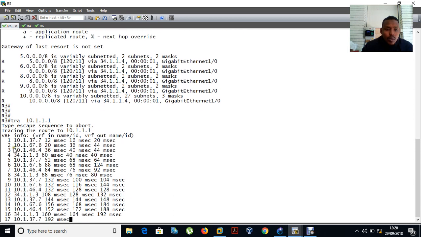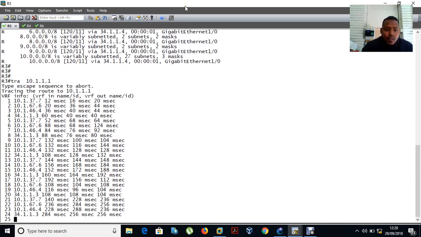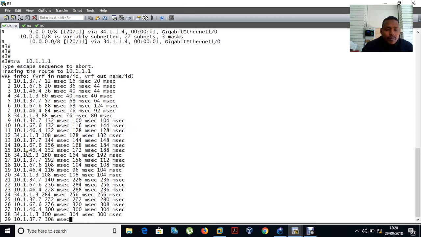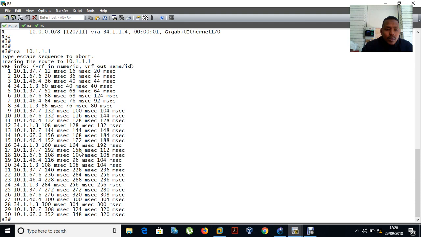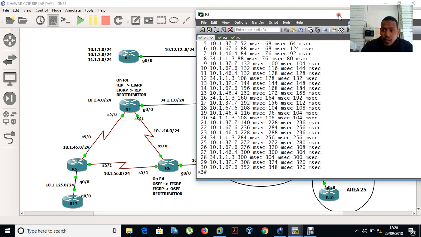That is what happens, which means it is a loop. Which means there is a loop in the network. As you can see, there is a loop in the network. So the example will be, for example, when we ping